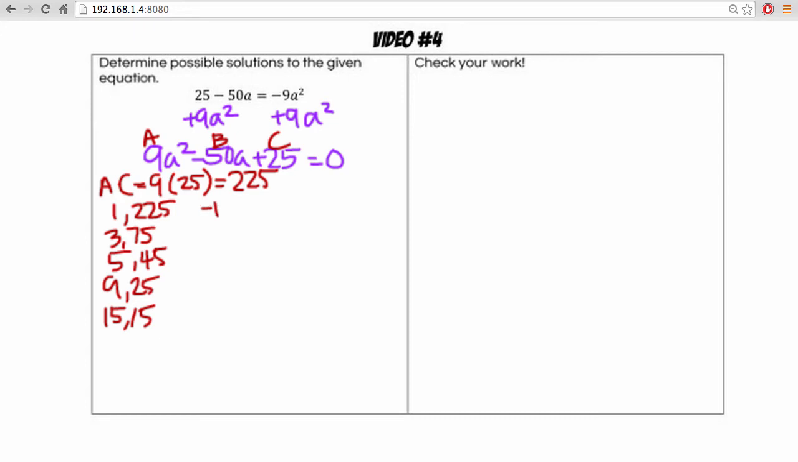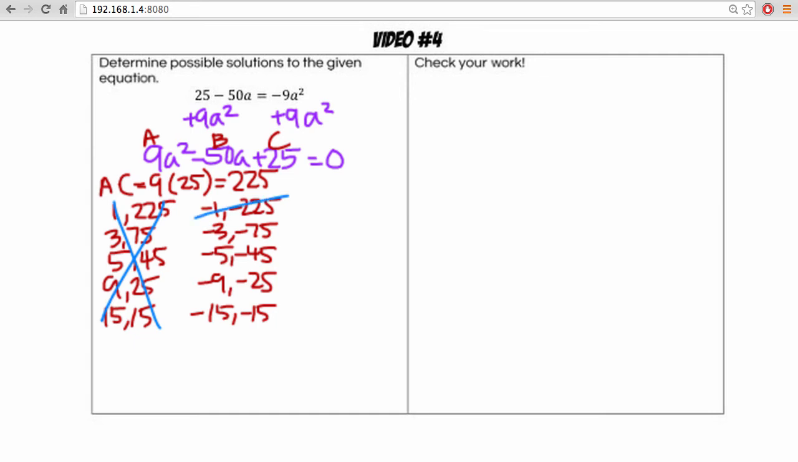We could actually look at negative 1 and negative 225, negative 3, negative 75, negative 5, negative 45, negative 9, negative 25, and negative 15, negative 15. We know that all of the positives don't work because none of them add up to negative 50. Negative 1, negative 225 doesn't work, negative 3, negative 75 doesn't work, but negative 5 and negative 45 works. So,